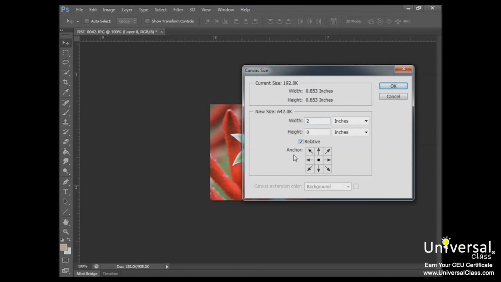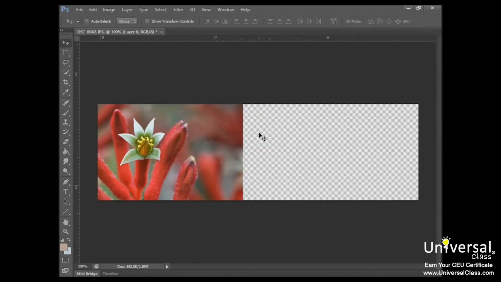You can select an anchor by clicking a square. This will indicate where to position the existing image on the canvas after it's resized. If we want to add canvas to the right of our image, we'd click the middle arrow on the left, as shown here. And you can see it changes the dots there. Then click OK. And you can see it's added that extra space in our